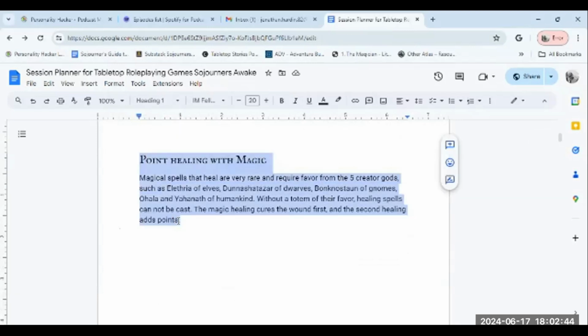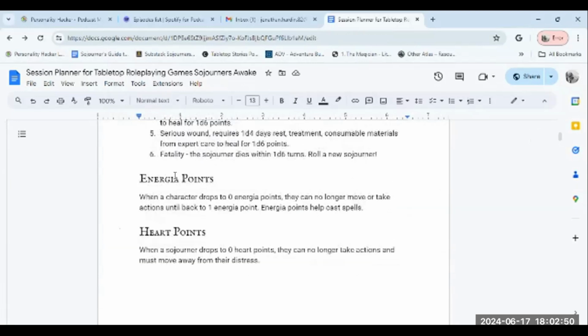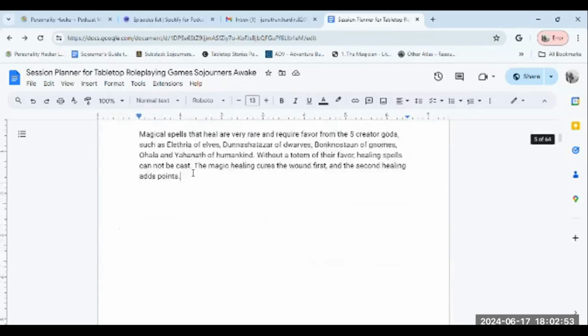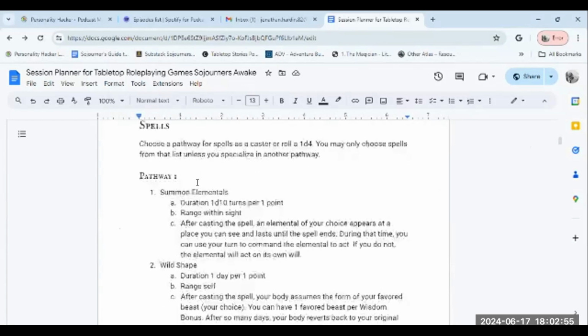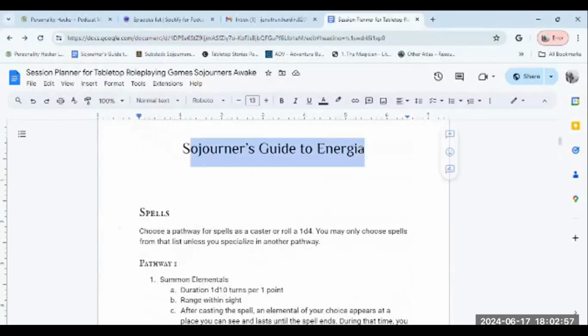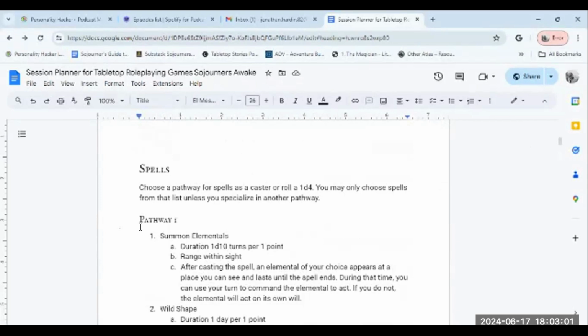Just keep in mind to have magic spells limited in the game. They can offset the game quite a bit, especially when you consider that you have heart, inertia, and stamina points. Okay. I just want to show you the Sojourner's Guide to Inertia, this is a list of spells, different